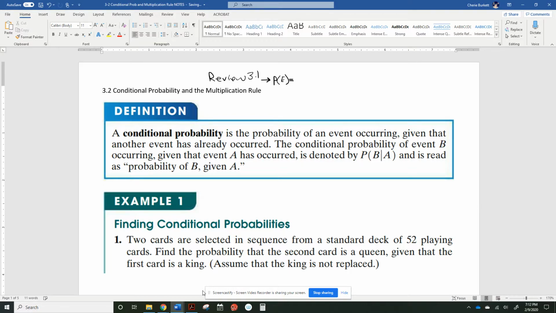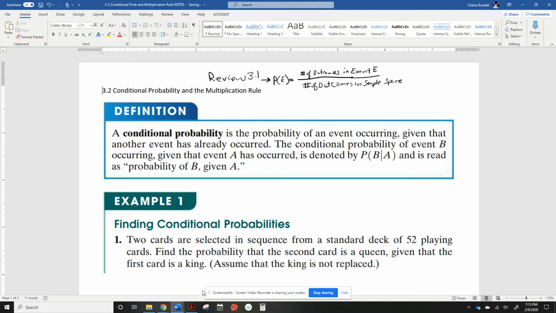So, this right here, we said to find the probability that an event occurs, you put the number of outcomes for that event, and this time we're calling it event E. That number goes on top, and then the number of outcomes in your sample space goes on bottom. Okay, so